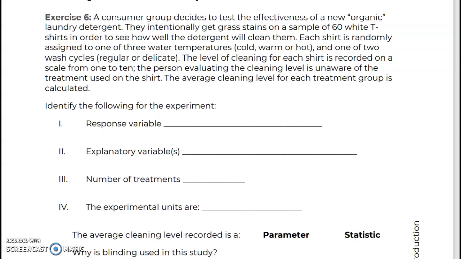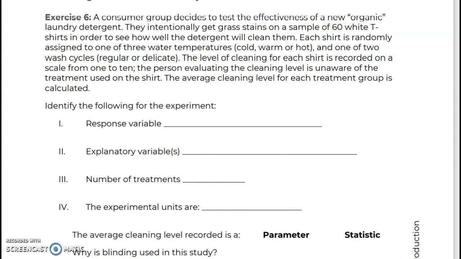So let's go through one of the exercises together. It says over here in exercise 6, a consumer group decides to test the effectiveness of a new organic laundry detergent. They intentionally get grass stains on a sample of 60 white t-shirts in order to see how well the detergent will clean them. Each shirt is randomly assigned to one of the three water temperatures, cold, warm, or hot,